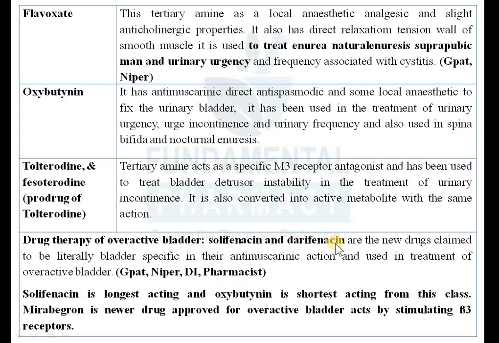Then solifenacin and darifenacin. These are the two new drugs, solifenacin and darifenacin. They are claimed to be literally bladder specific in their antimuscarinic action. These are also antimuscarinic drugs, but they are more specific to the bladder, and they are used in the treatment